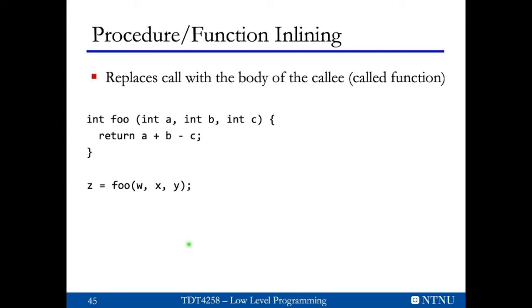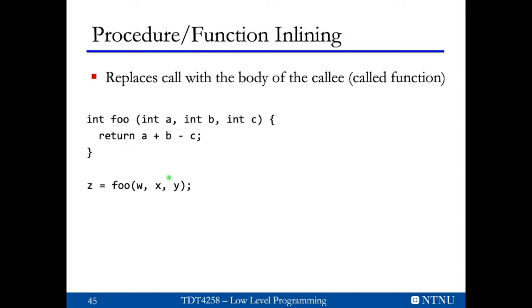So in addition to loop optimizations, you can also work on procedure or function level. Calling a very short procedure is always very expensive because you have to save context, you have to save parameters somewhere, then you have to execute a call instruction, then this function is executed, and then you return from this function. So if you have a short function like our function foo, which just calculates a plus b minus c, given these three input parameters, and returns the result, usually we would call it that way, which would